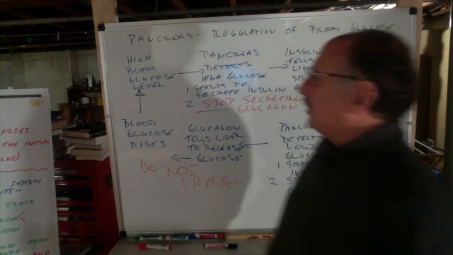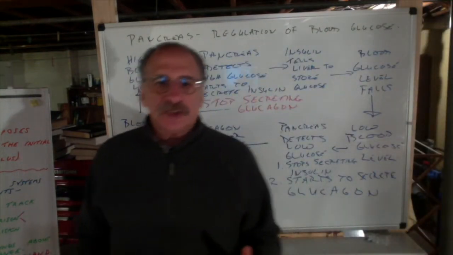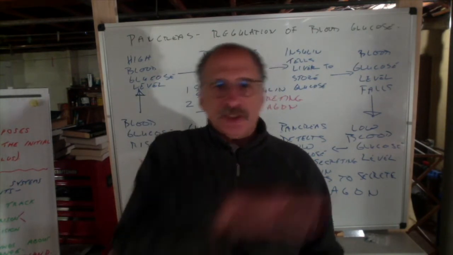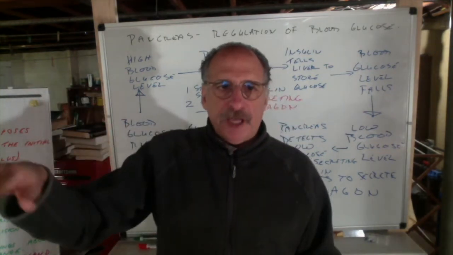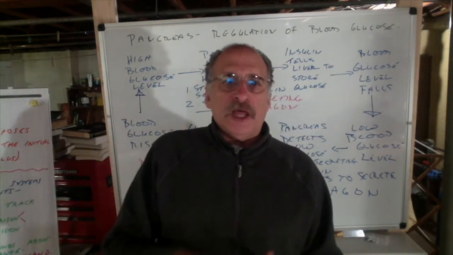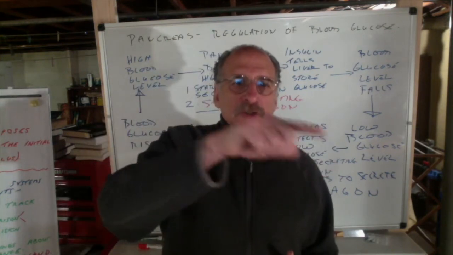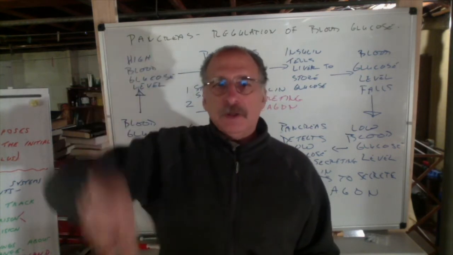So we've been talking about homeostasis. The word homeostasis suggests something is staying the same. Nothing actually stays exactly the same. There's always some fluctuation up and down, and I call that a fluctuation between narrow limits. So it's going up and down a little, it's not going up and down a lot.